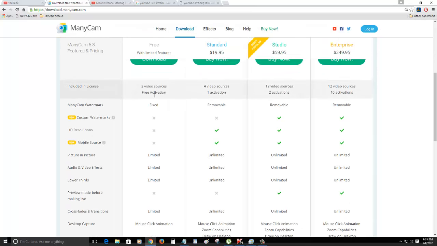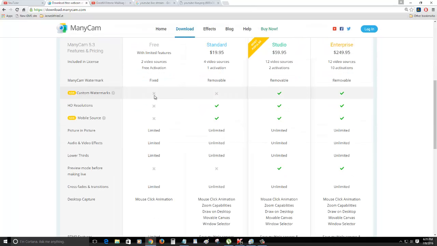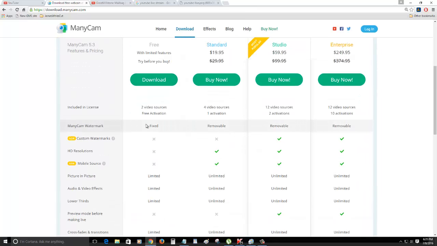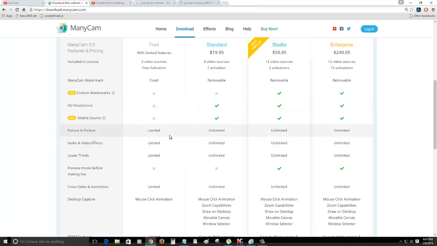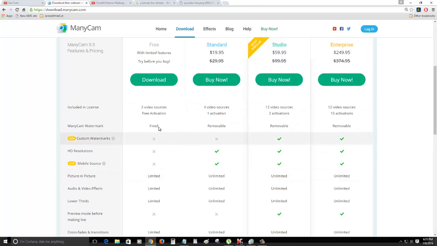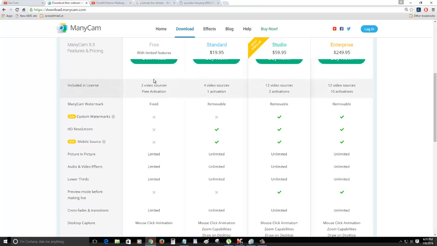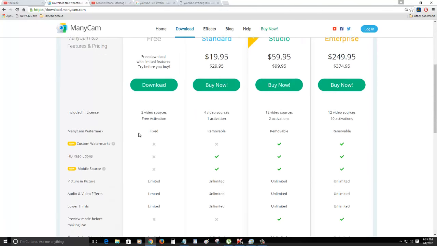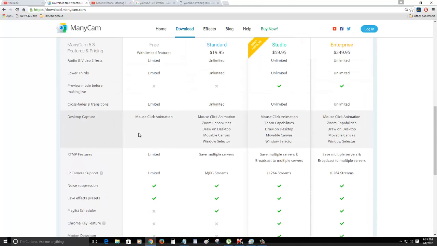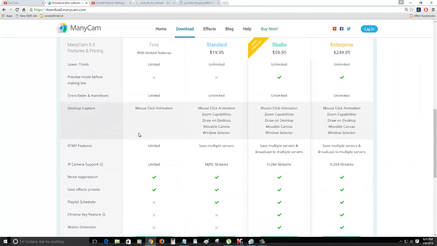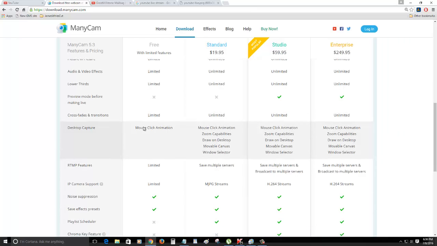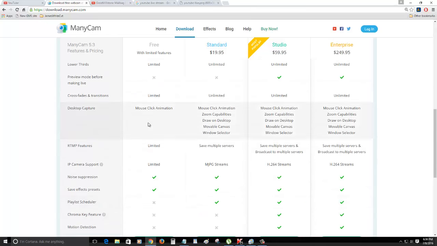So they have a free edition, which is good. You can use the free edition, but it's limited. There are only a limited number of things you can do. Some of the stuff I'm going to show you how to do, you might not be able to do with the limited version. But for starters, if you just want to jump into it, just download the free version, and you can still do most of the stuff. You're just going to have a Manycam watermark, and just some features are going to be